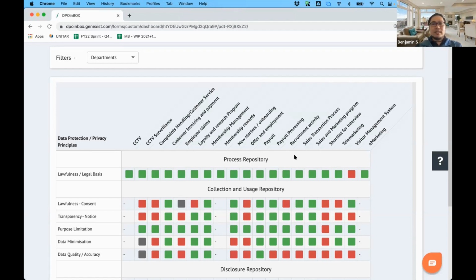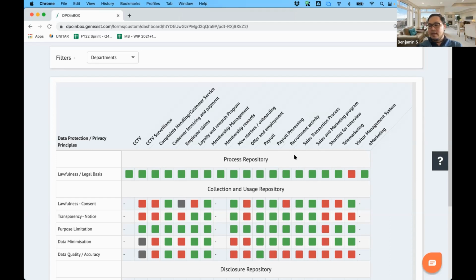So wouldn't it be nice if you were to get some form of help in managing that and being productive, in ensuring that you get your assessments or your risk exercise done quickly, effectively, efficiently, and